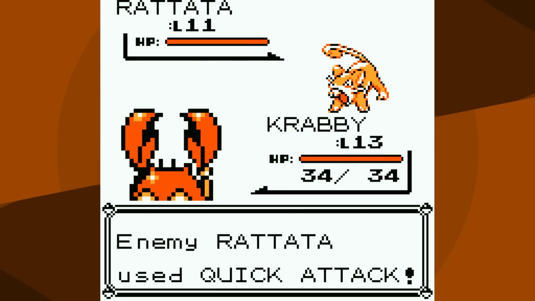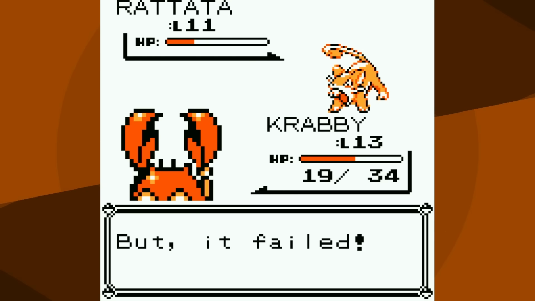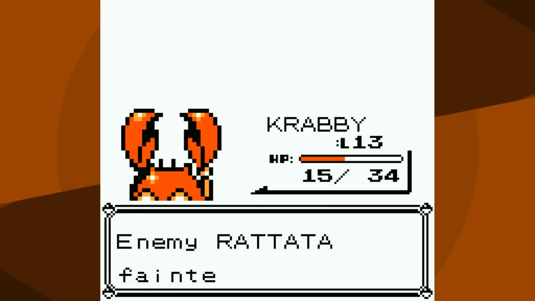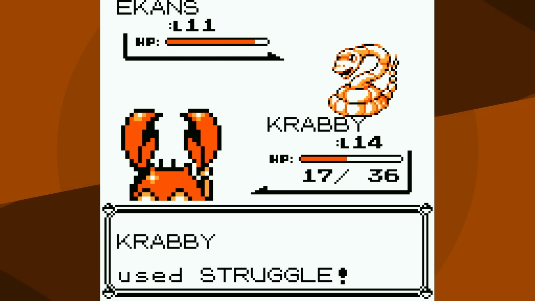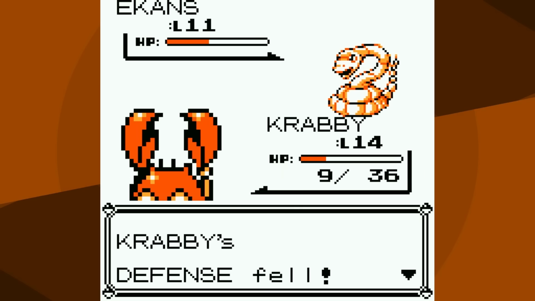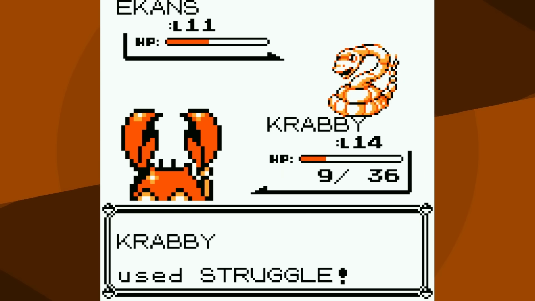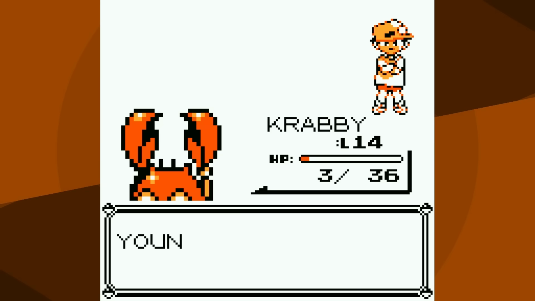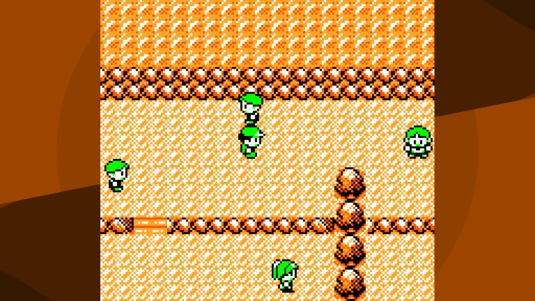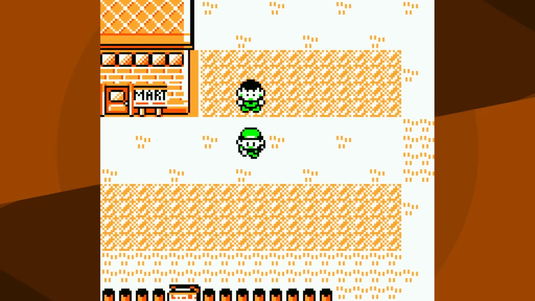We need Ekans not to attack us, in addition to Rattata only attacking us once after we level up to level 14. If we do that, we have 15 HP. Assuming Ekans doesn't attack us, we should have 3 HP remaining with recoil damage. We actually have a Generation 1 miss, which is a 1 in 256 chance, and thankfully Ekans doubles up on Leer. But holy mackerel, this is the first time any of these trainers have been difficult, and they have been